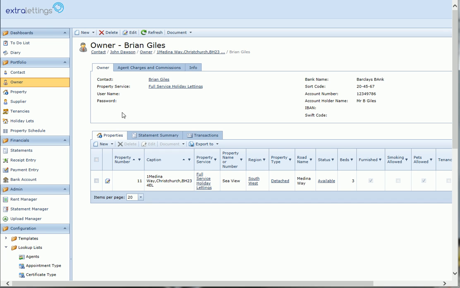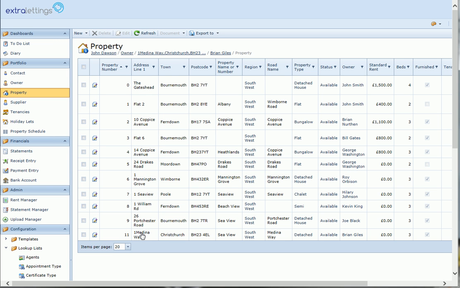And as you can see, we now have the owner, Brian Giles, and 1 property registered with him. And at this stage we could continue to add properties for Brian Giles, but instead I'm going to go onto the property tab in order to fill in more information required about this property, like the photographs, etc. I click on the properties, 1 Medina Way,